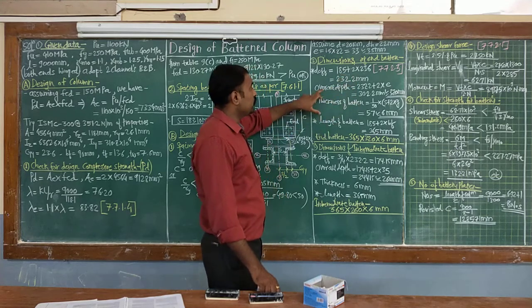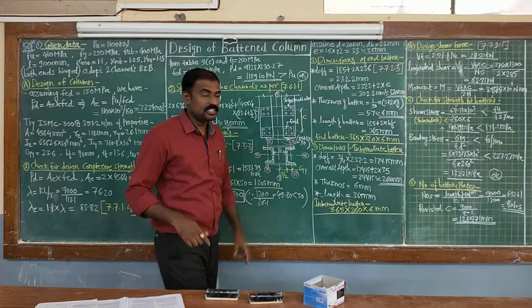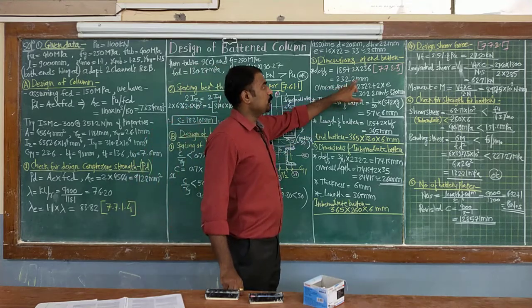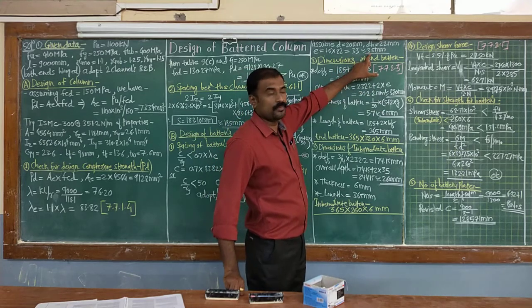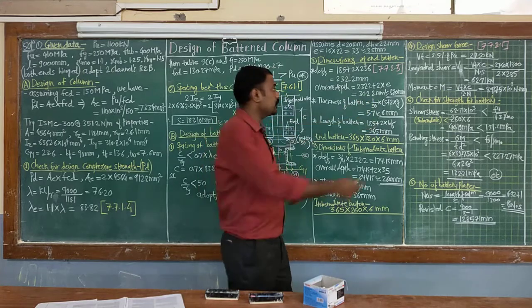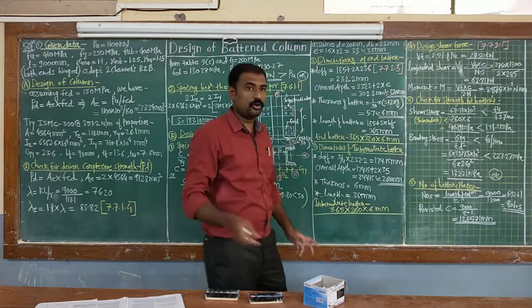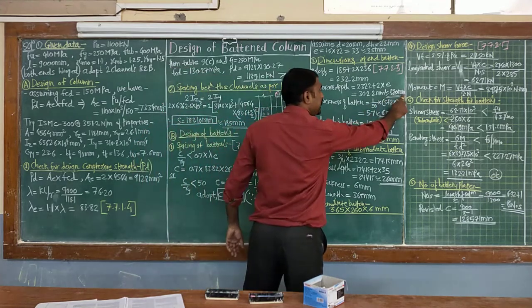And calculating your overall depth, that is by considering your edge distance from both the sides, we are getting the calculated value plus 2 times your edge distance. We are adopting edge distance of 35. So I am getting value near about 302.2, which I will round figure to 320 mm. Now my depth of end batten is defined and that is equal to 320 mm.